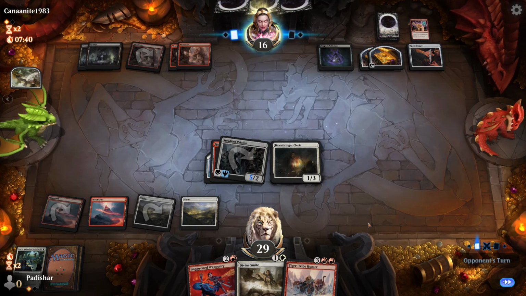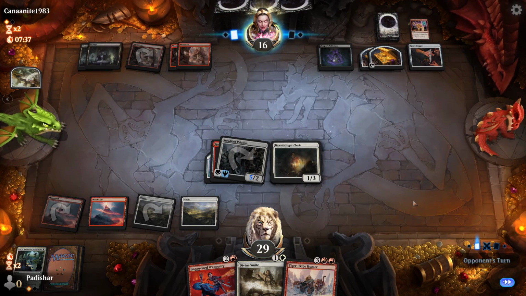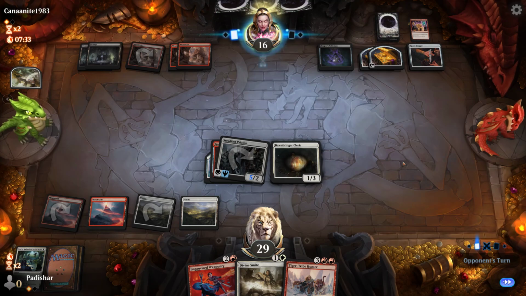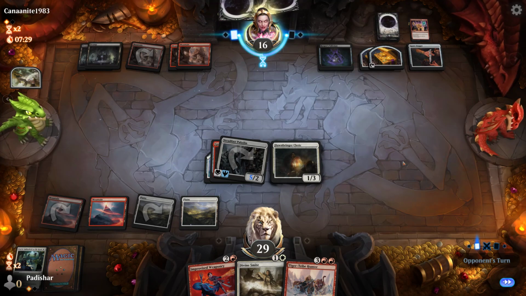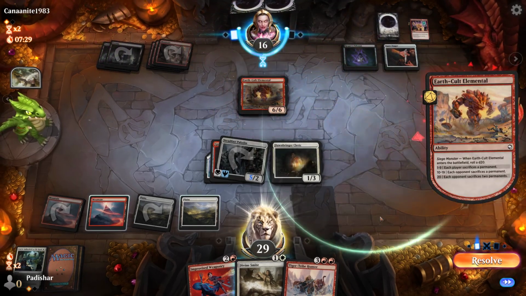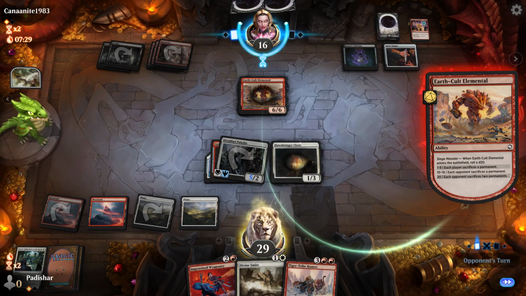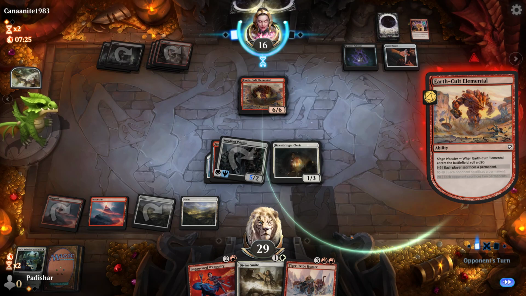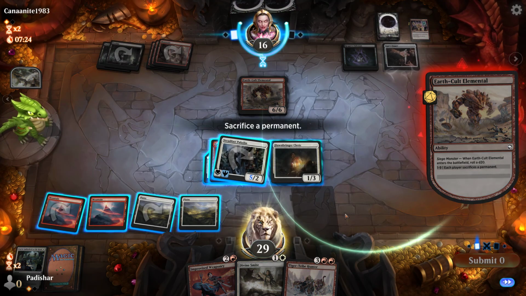Well, hope you guys don't get too bored here. But I have a Divine. I know they have at least a 3/5. And didn't they have also the, I mean the black common, the zombie ogre or whatever. Okay, now I have to sacrifice something. Yep. Okay, both have to sacrifice. Well, for me it's going to be...